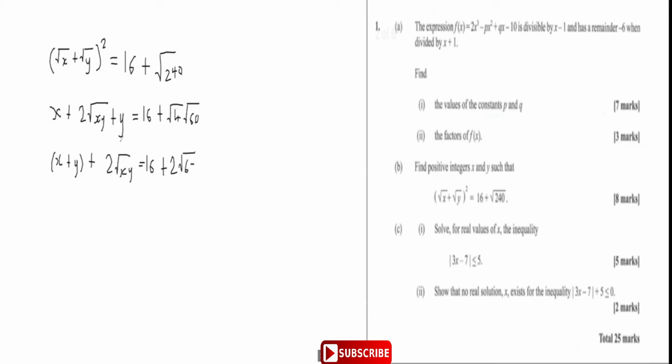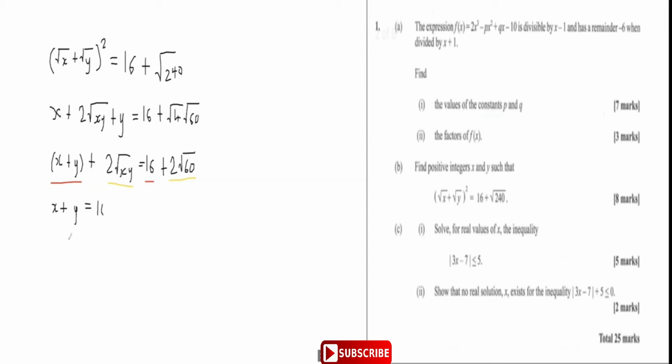Now look at this. If x plus y plus 2 root xy is equal to 16 plus 2 root 60, then what is that telling me? That is telling me that x plus y must be equal to 16, and also that 2 root xy must be equal to 2 root 60. So that's how I'm going to solve for x and y. So x plus y is equal to 16,